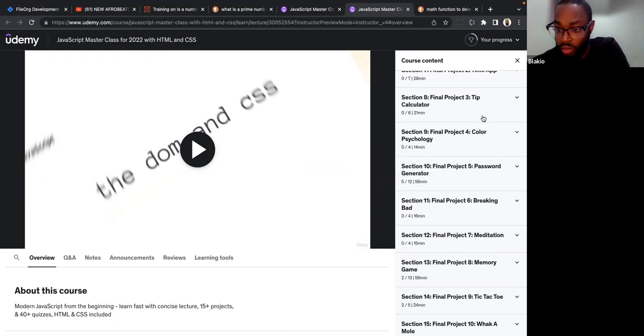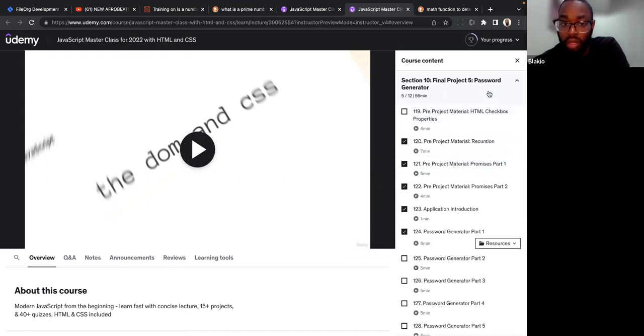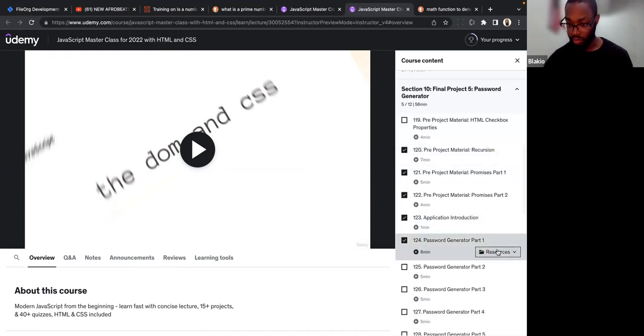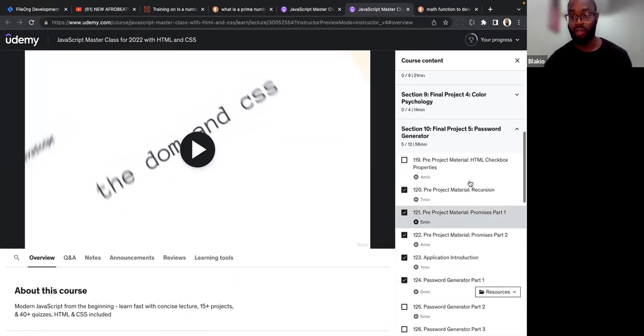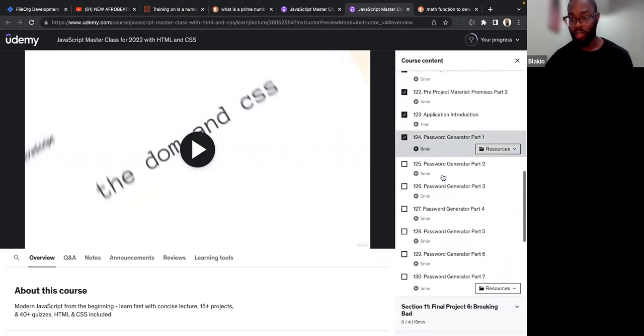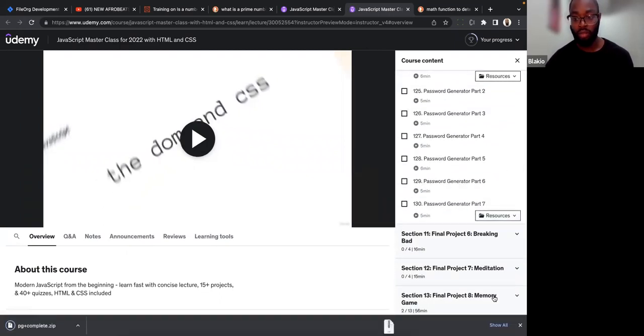All right. So this is what we're gonna do. I think password generator is a good one. Yeah, password generator. I'm going to download this and drop this in the Slack so that y'all don't have to go through it. And I guess y'all can pick somebody to share your screen. And let me just also quickly go through the demo.